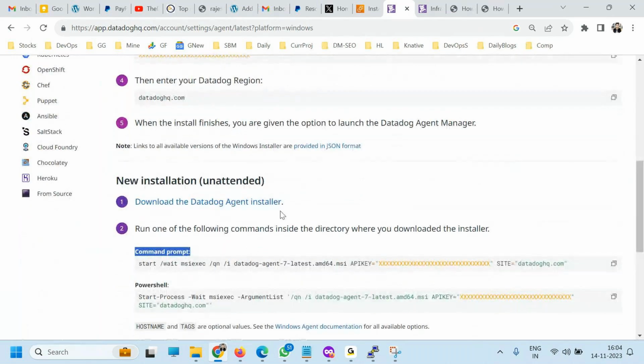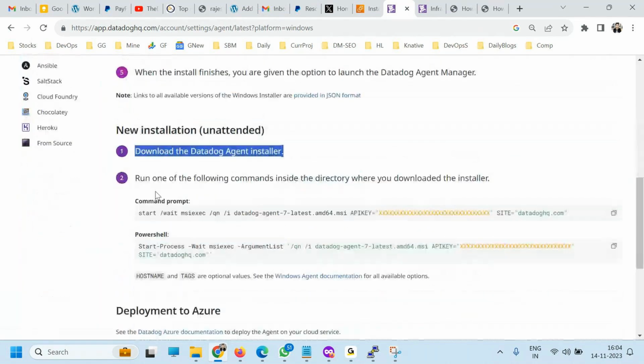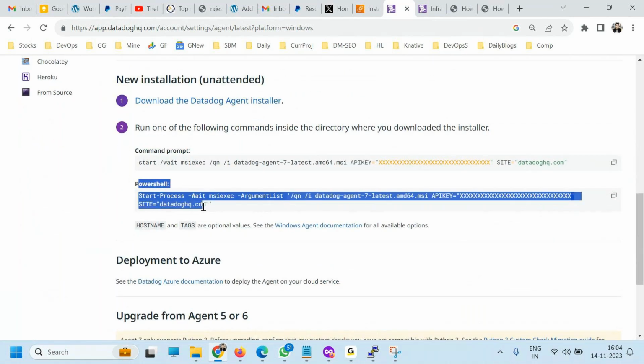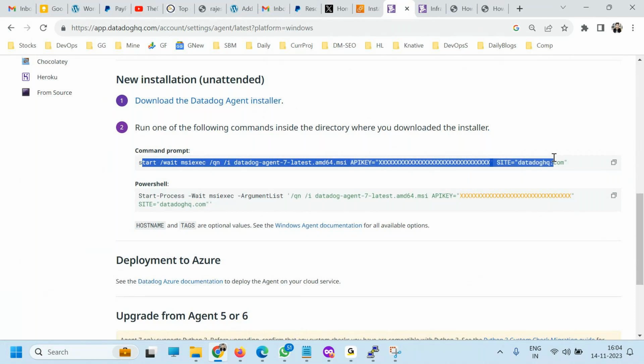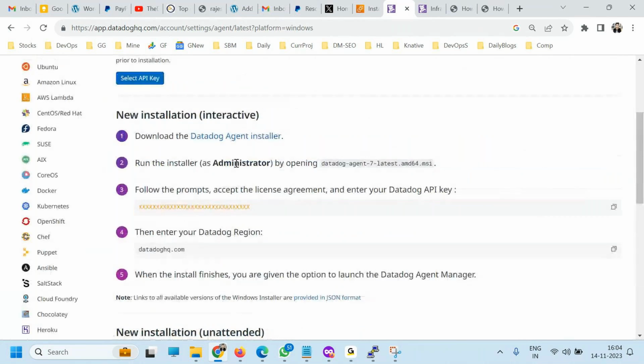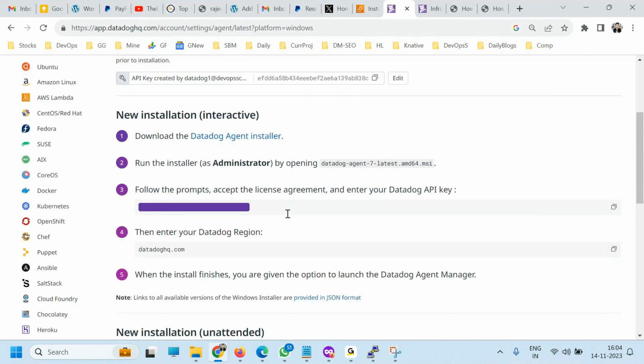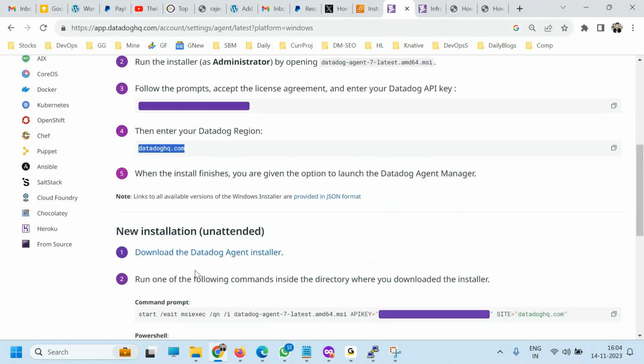Okay, first you download the installer in the step 1 and step 2, both the way, and then open a command prompt with the admin or PowerShell with admin. And if you want to install through this, then run this command on PowerShell. So this is unattended, that means command line. But if you want to do that through UI, so download this installer, MSI will be there, and then click next, next, next. You have to feed this key. So you have to select this key, and this key and region, two things you have to select. My region is US1, and then finish it off.